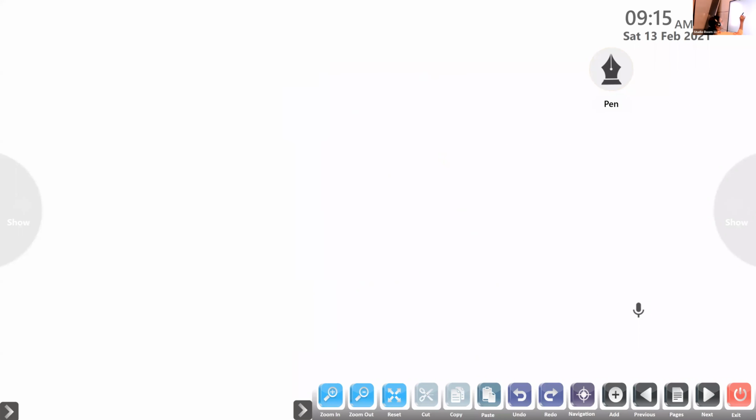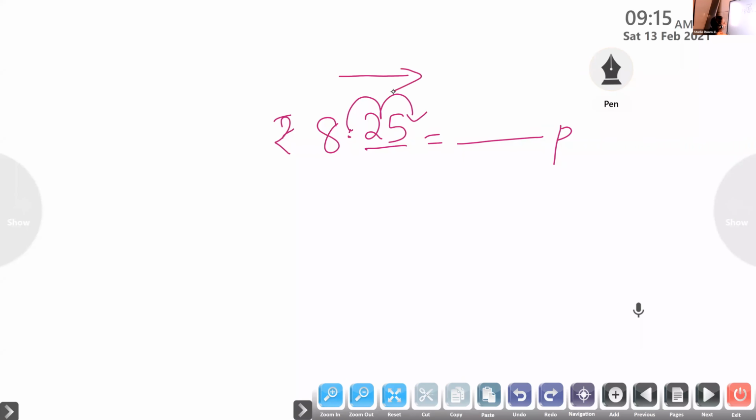So one more question. 8 rupees 25 paise. How will I write paise? Here I have 2 digits. So this decimal, I want to move 2 digits to the right side. This side you have to be very careful. When you multiply with 100, you have to move the decimal point 1, 2. So I give you an easy method. How? Write the number without any decimal point. Only that much. Is that easy?